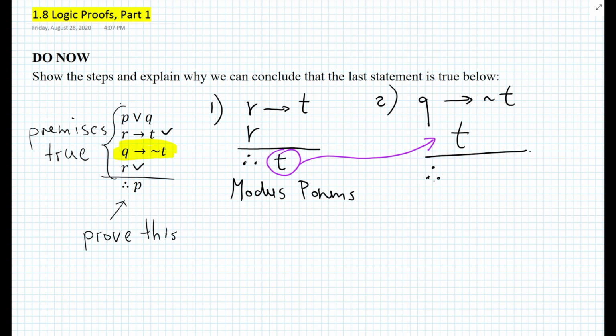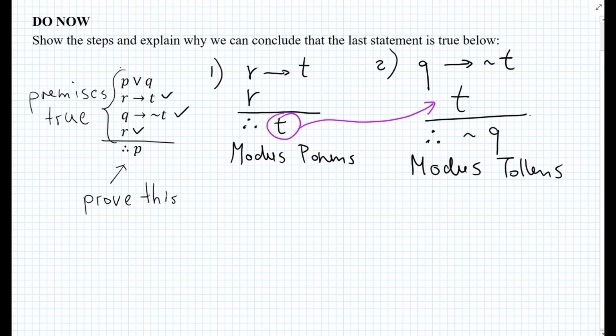Okay, so we know that if Q then not T is true, we know that T is true. Therefore, what must be true? Not Q must be true. And again, this is called modus tollens. Okay? So we basically now used the third given. And we're only left with the first given. And we know that not Q is true. Okay? So what we can do now as a third step,